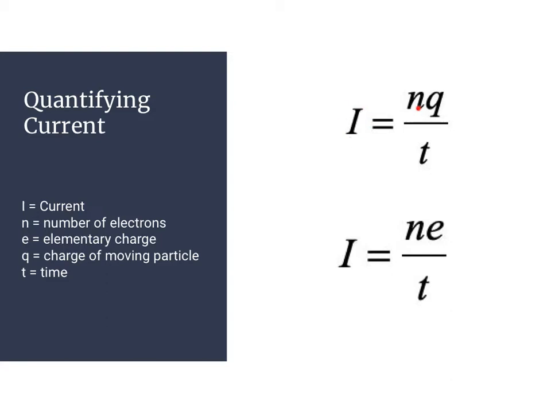Okay, so current is going to be the number of electrons or charge carriers. It could be the number of molecules or ions depending on what's flowing the charge, but usually it's electrons, multiplied by the charge on that particular charge carrier, divided by time. So the total charge is the number of charge carriers times the value of that charge, which is usually the number of electrons times the elementary charge, negative 1.6 times 10 to the negative 19, divided by some time. And we need to use this formula to calculate